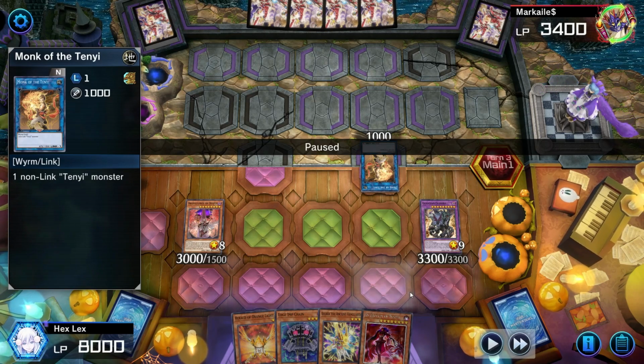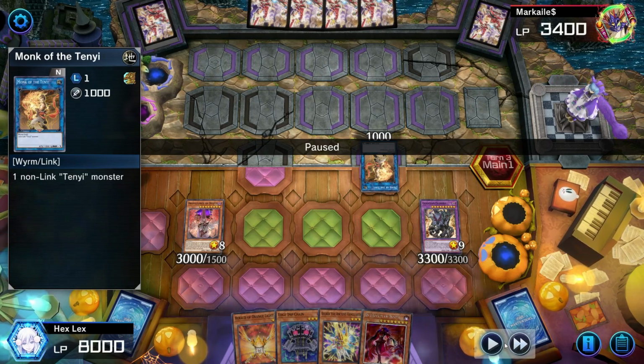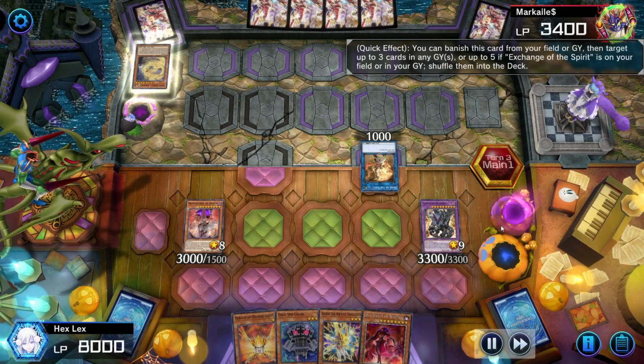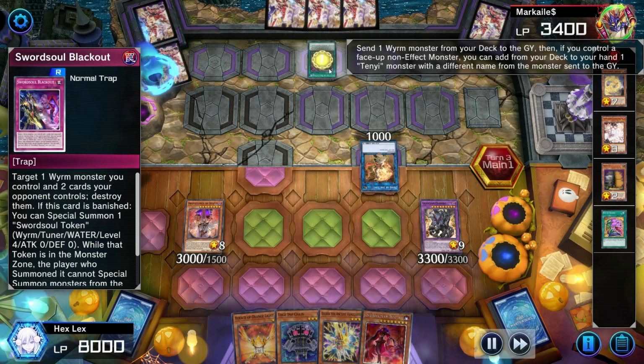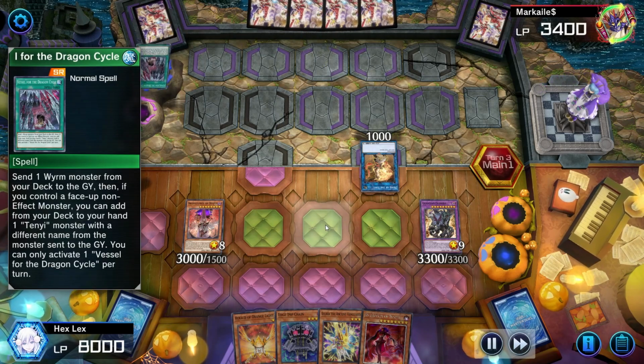But again, if my opponent takes the Maxx challenge, which they're much more likely to now, I really don't have a whole lot else I can put up here. So I also thought, because I've got the Shufflers here, I can just put back my opponent's Tenyi stuff. They did actually end up having, though, to my surprise, Vessel for the Dragon Cycle,